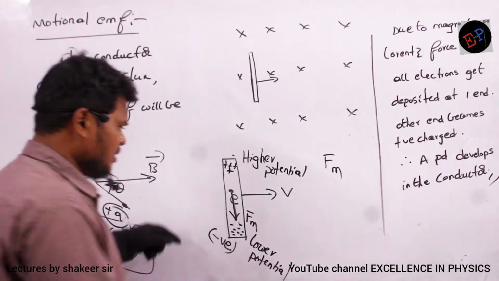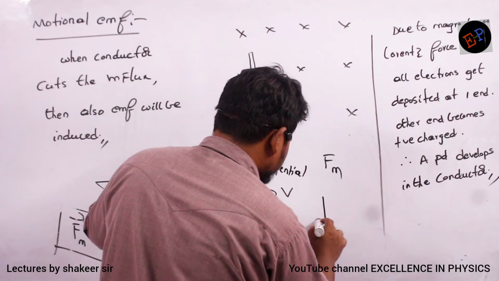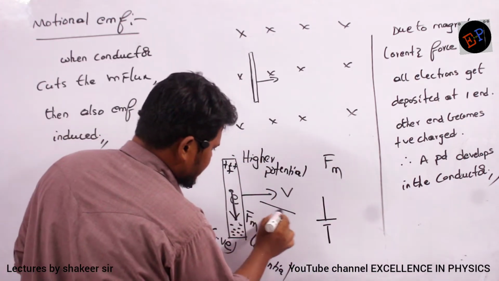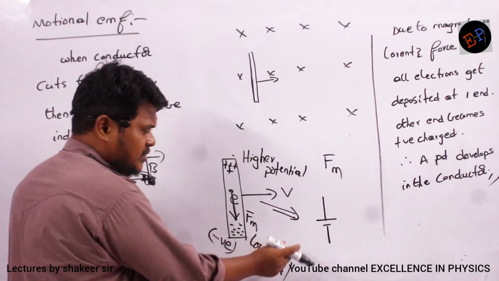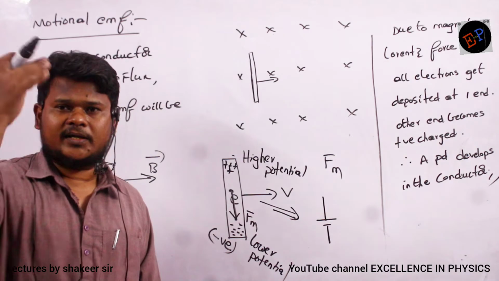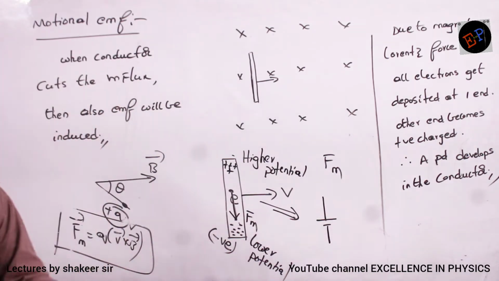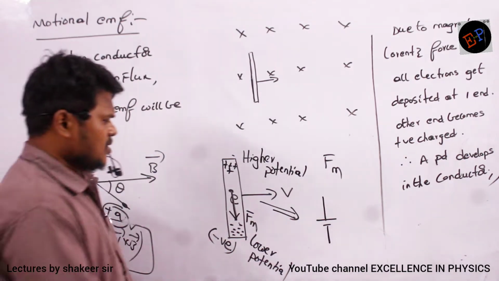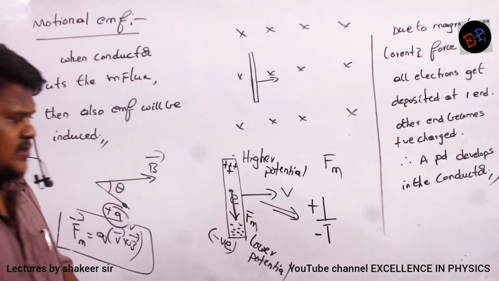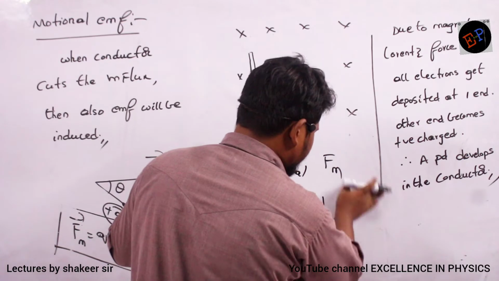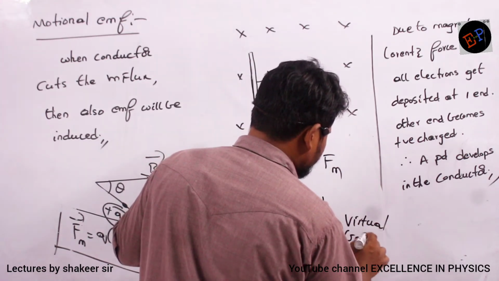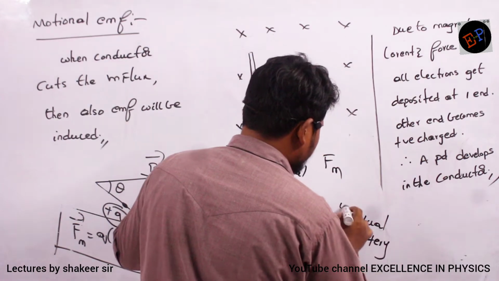So this is behaving like what? This is behaving like this kind of body. Okay? This conductor is behaving as if some battery is present. Just as a battery would behave, this conductor behaves, because there is a potential difference. On this side positive potential, here negative potential, it behaves like a battery. And this kind of battery you can call a virtual battery. What is meant by virtual battery? Virtual battery means